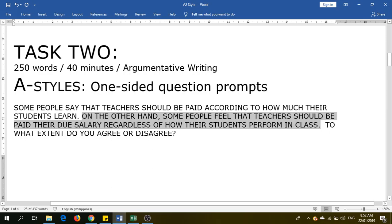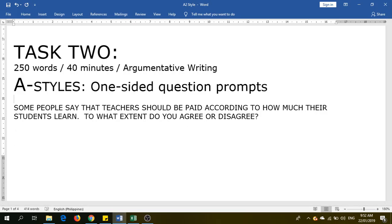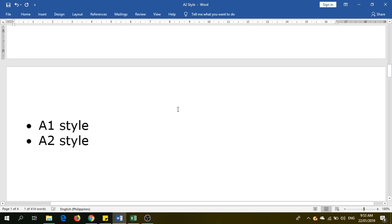But since we do not have this second sentence, then clearly what we have now is a one-sided question prompt. And so that means that we are now choosing between the two A1 styles. Alright. After the A1 style, after the A1 and the A2 style, we will eventually be talking about the B